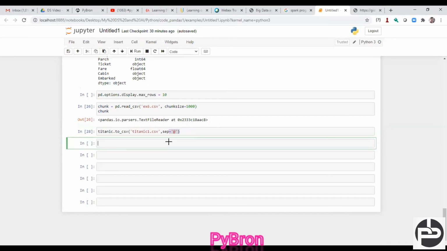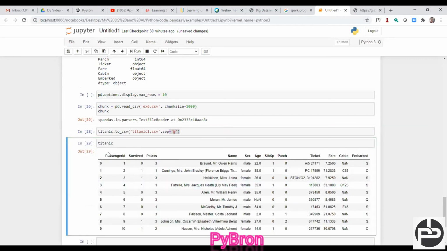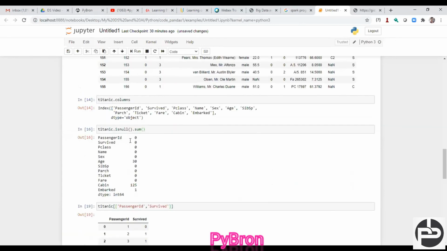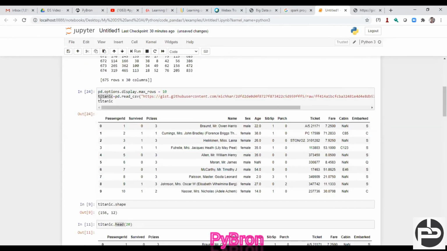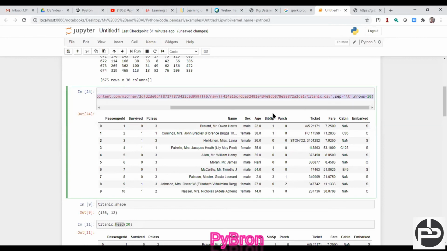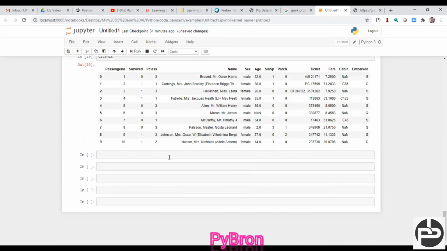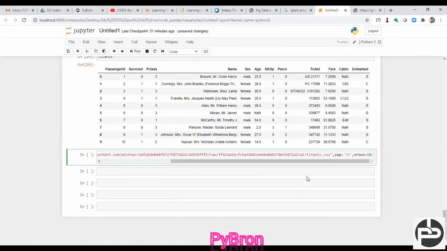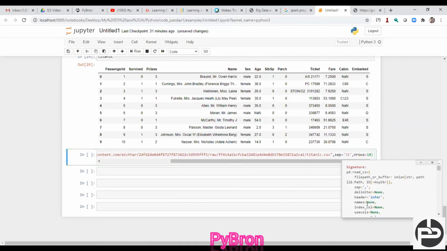Now let me show you something, and now I'm going to deal with an interesting topic. This is very important as of now. Suppose I wrote a Titanic data set, and let me open the Titanic data set first. Titanic, and what is this? You are able to get this, and let me copy this line of code first. Control V, and inside of this there is one more argument, header. If you go here, header is infer, and index is true.